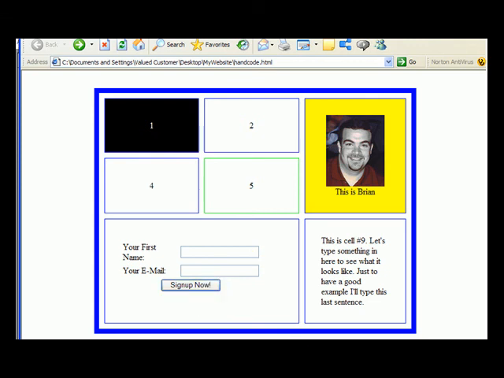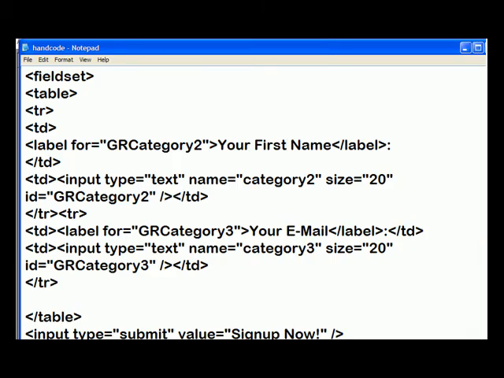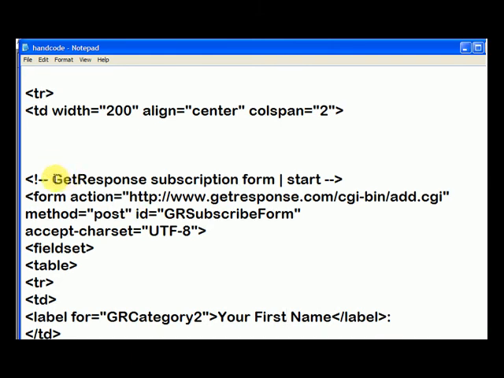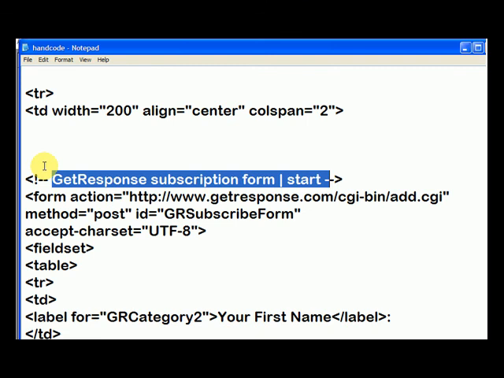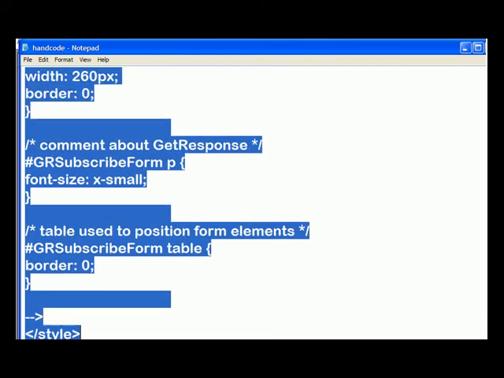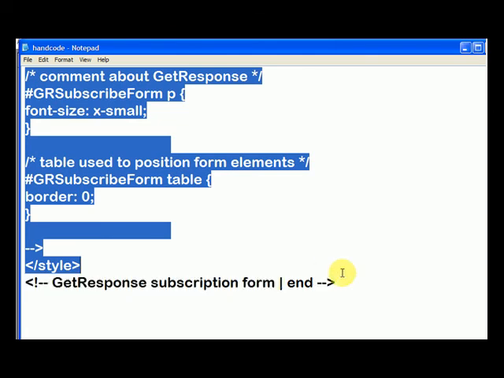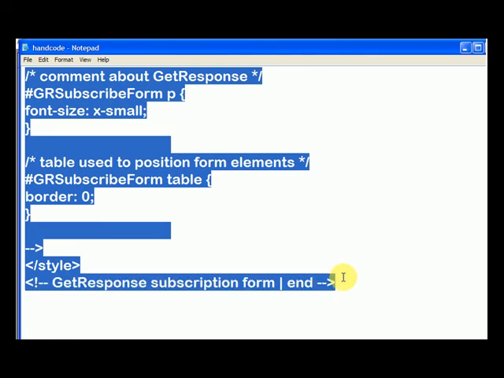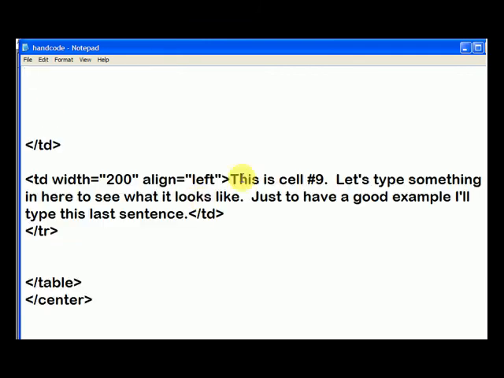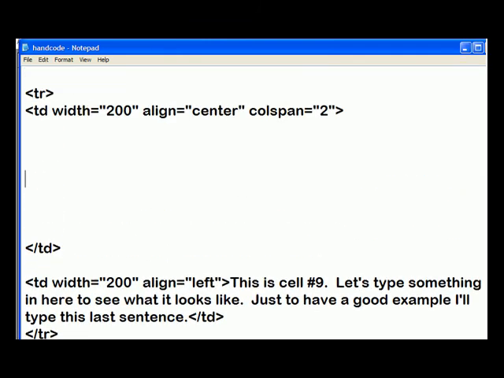So now I'm going to go back in and I'm going to remove my sign up form. And right here it tells you that the subscription form starts. So I'm going to highlight down, and then it also tells me where it ends, which is nice. And subscription form end, and I hit delete, and it takes away my sign up form. It's out of the code, and I have my blinking cursor back, and